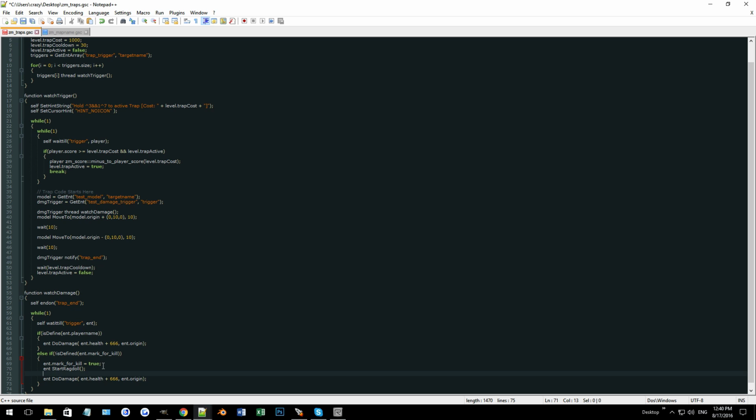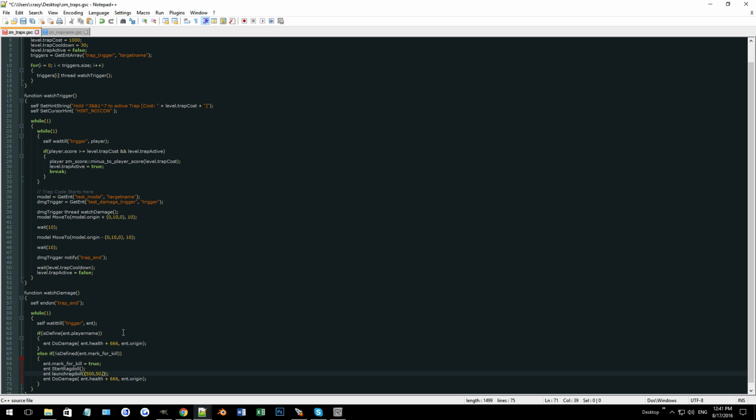So after you start the ragdoll, you're going to want to launch it. So launch ragdoll, and then you would put in the x, y, and z coordinates. This is actually a vector for x, y, and z, so we have to have a second set of parentheses here, just like we did with the move twos. This is basically the power and direction that they're going to get flung in. So if I wanted it to go more in the x direction, I might do 550,